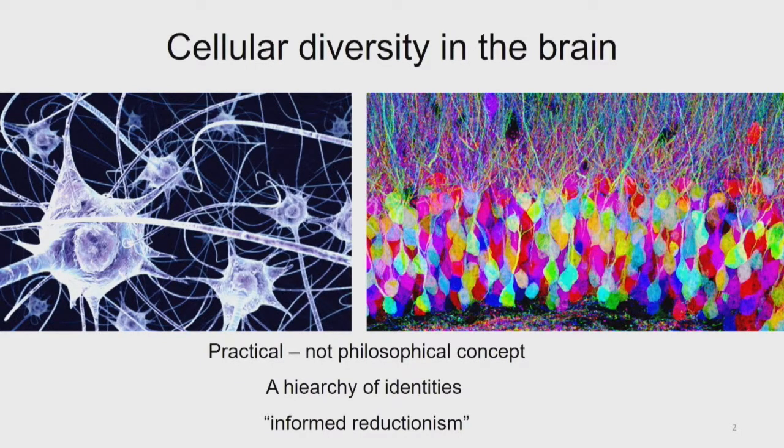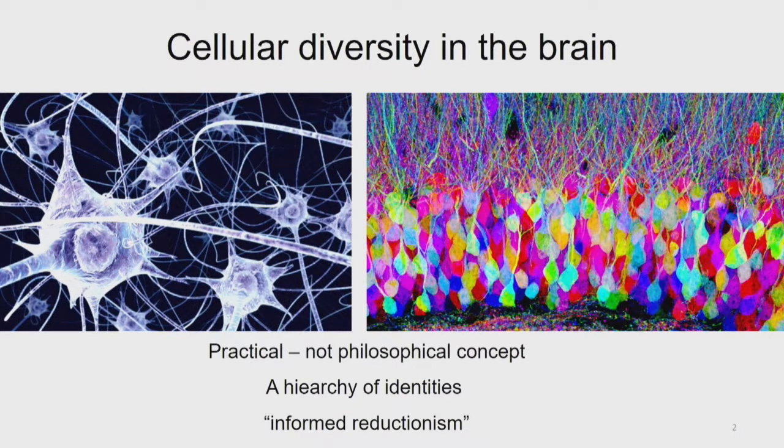We see it as a hierarchy of identities. We can probably all agree, or most neuroscientists at least agree, that we have neurons and non-neurons. And then you take the neurons, you can divide them into excitatory cells and inhibitory cells. We all agree. And then you can probably divide them further. But as soon as you start going down a bit more on the finer subdivisions, people start disagreeing. So we think about this as a hierarchy.